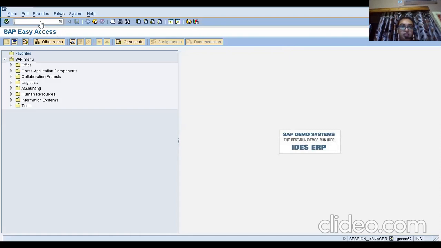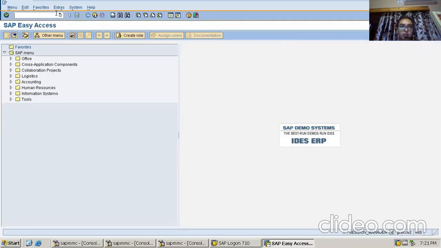Let us start. First of all, I'll show you the configuration of special GL. I'm going to FBKP. FBKP is the transaction wherein the configuration is done. I'm going to the transaction. And before that, let me tell you the concepts of special GL.